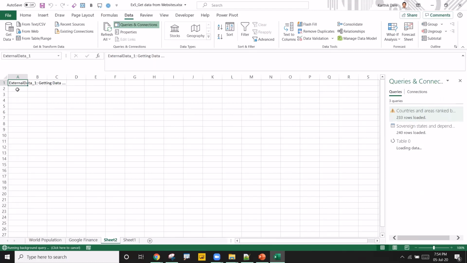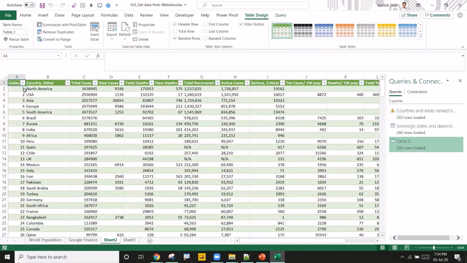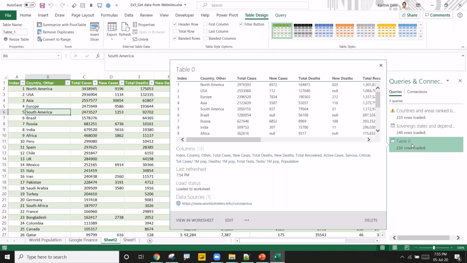It is going to load all the data. So let's assume you want to refresh this data every 60 minutes or every 30 minutes. If you want to see that, you can do the settings. You need not even click on the refresh. Now you see that in Sheet 2 you have all the data, but every 30 minutes you want to refresh this data. So in that case, this table 0, whatever name it is, right click.